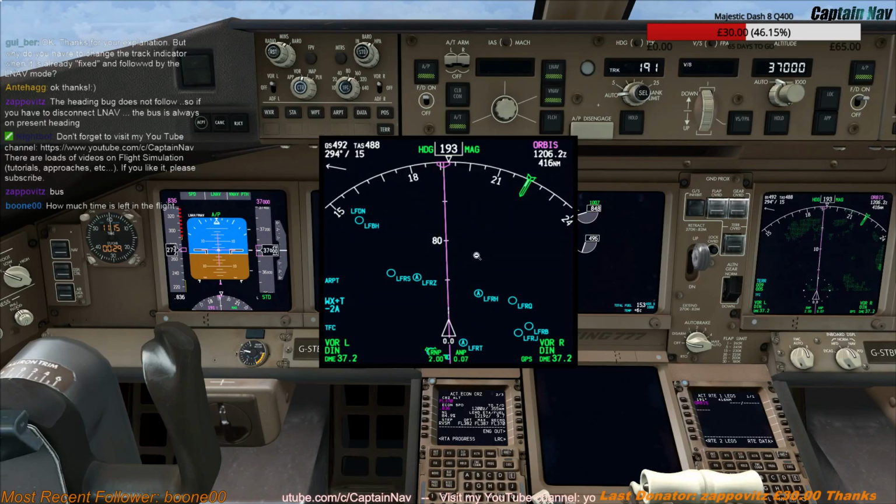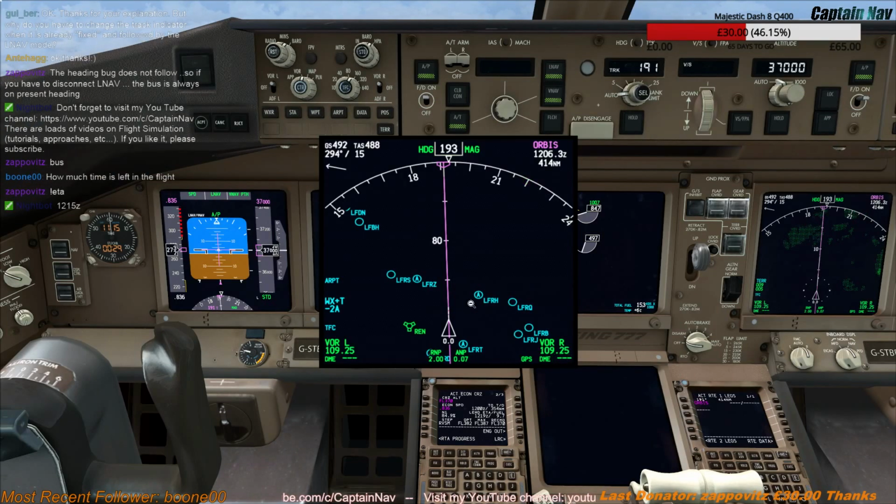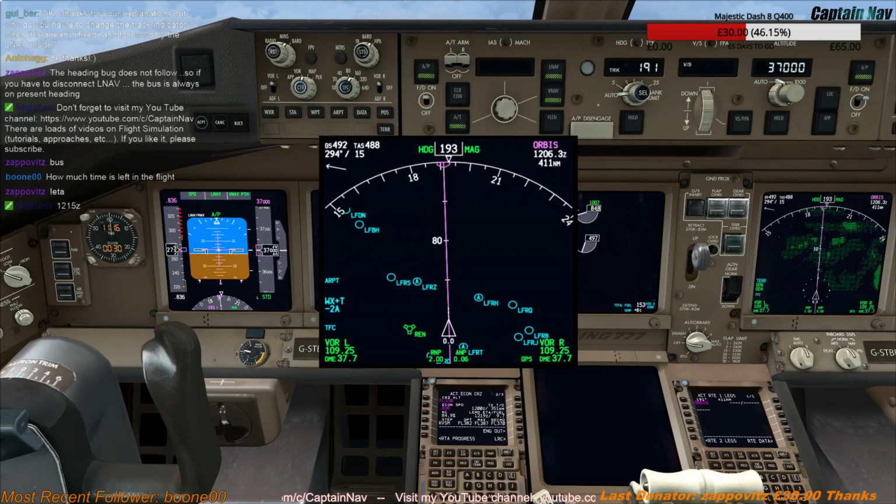you don't have to change it so often, because you're flying a track and the track is going to be the same for quite some time. The only time you're going to have to change it, and we may have to change it as we go down towards Spain, is when you have magnetic variation, and you go through a line of magnetic variation change, then the track would change by 1 degree. So once in a while you've got to adjust the track, but you